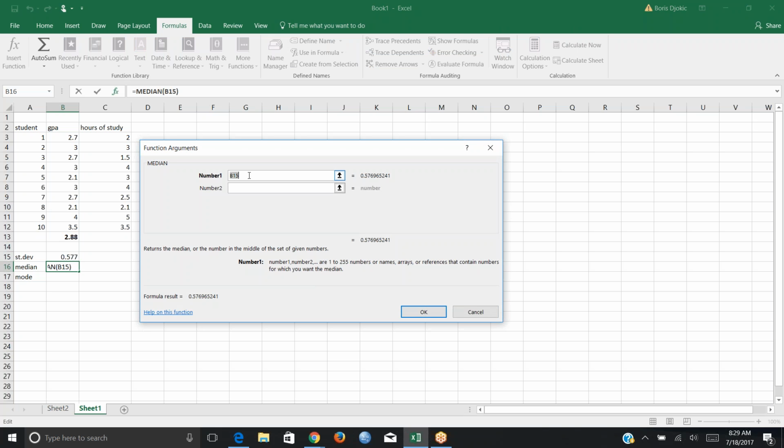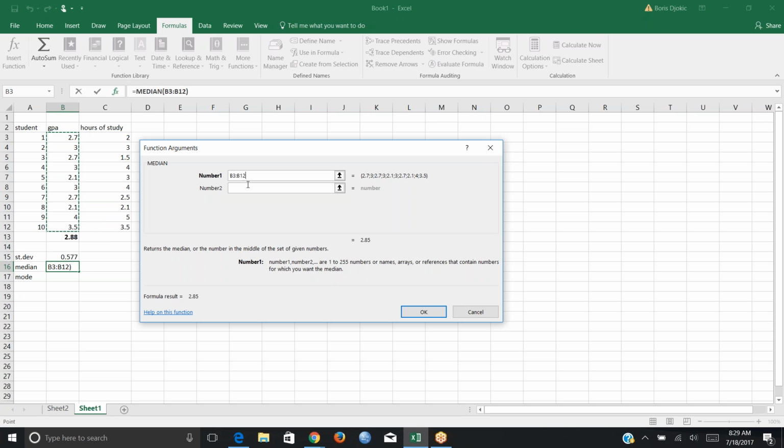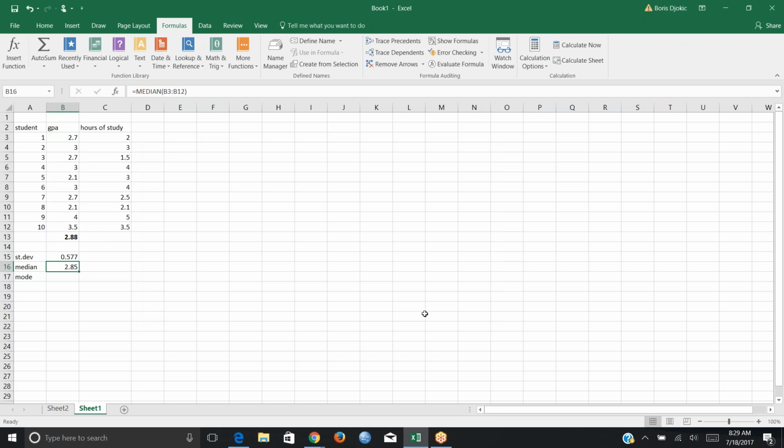Here it says number. We don't want to use a single number. We want to use the sequence of numbers from here to here. And the median is 285. So that's the value that splits the data in half. Not necessarily part of the original data, but it's